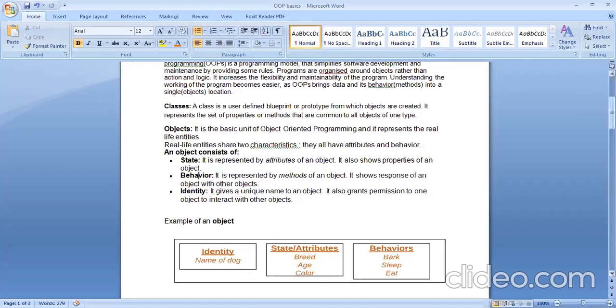I repeat, a class is a definition of a group of objects which exhibits similar type of behavior and has similar type of properties. Talking about your batch, the students from your class, all of you have the same properties, starting with the first, which is roll number. Each of you has got a roll number, or you have an enrollment ID. That would be more specific to understand. You have got an enrollment ID.